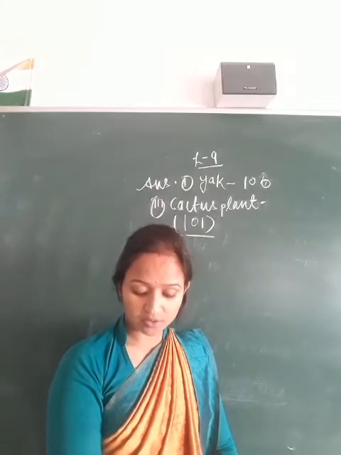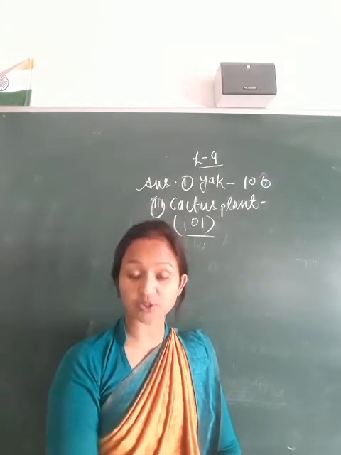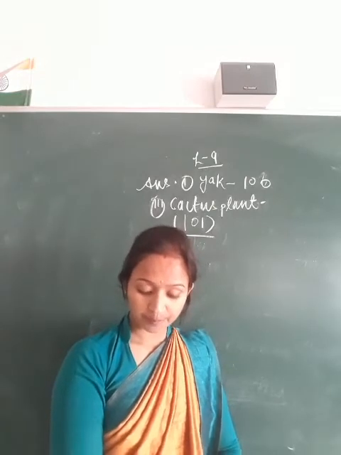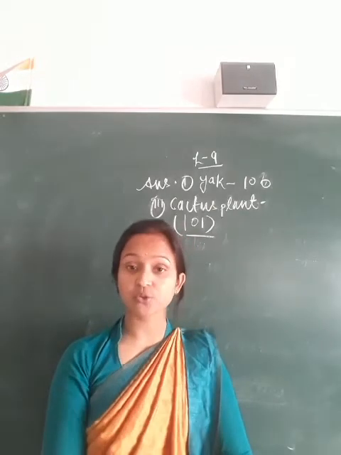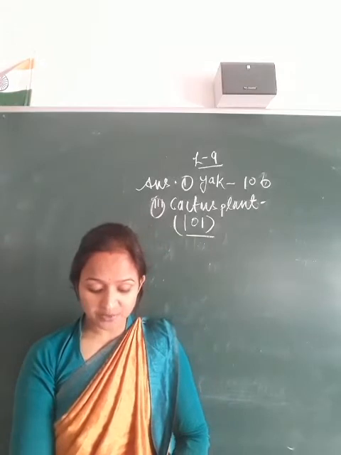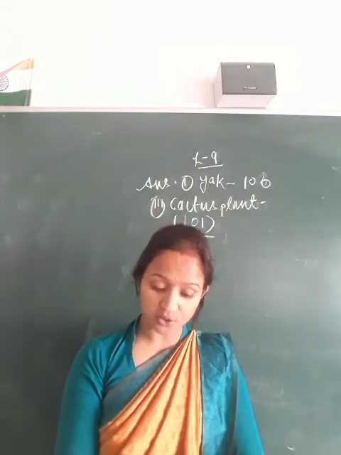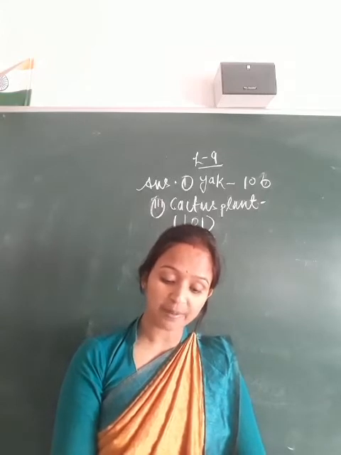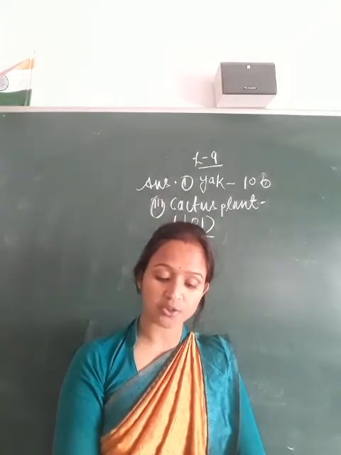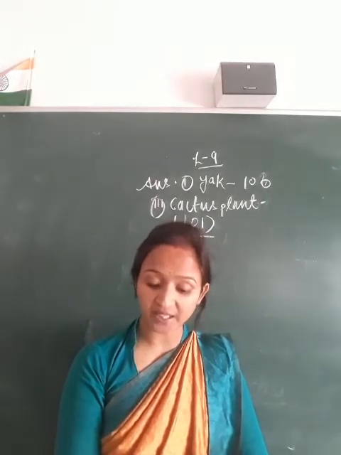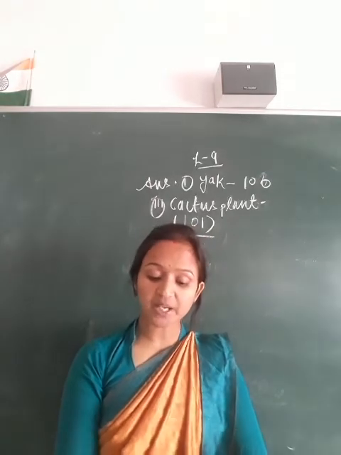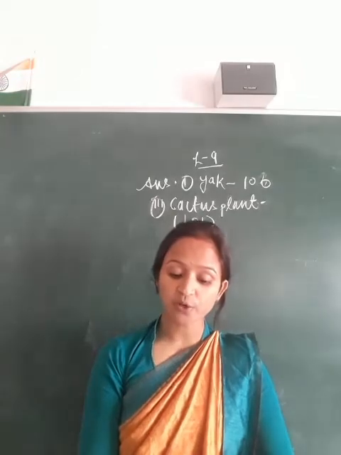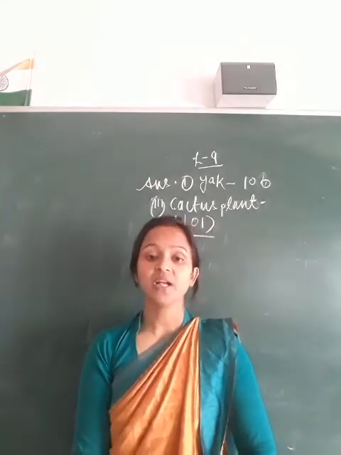Roots are very long so that water from deep layers of the soil can be absorbed. Stems become spongy so as to store water. It becomes green and takes over the functions of leaves. And third, a thick waxy coating develops to prevent the loss of water because of intense heat. And leaves are reduced to spines in order to reduce the loss of water from the surface of leaves.